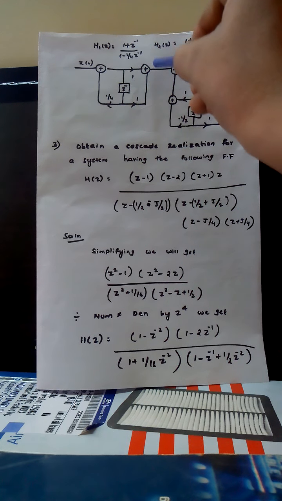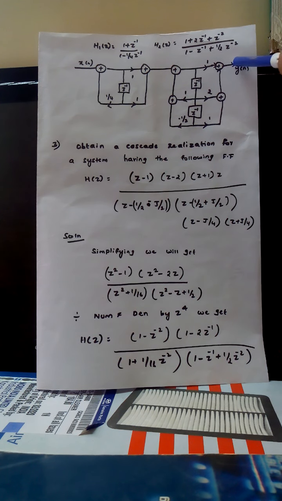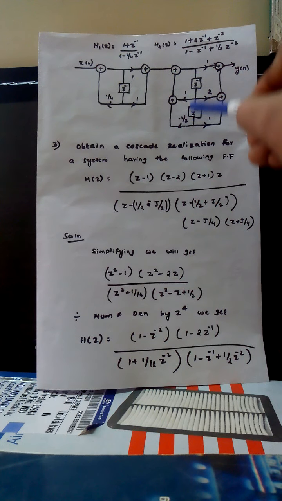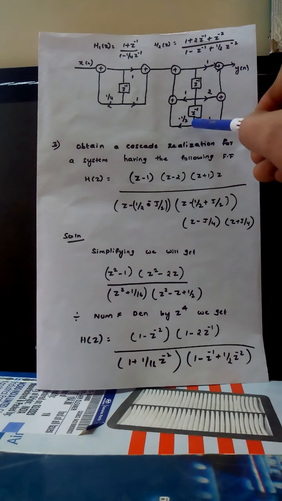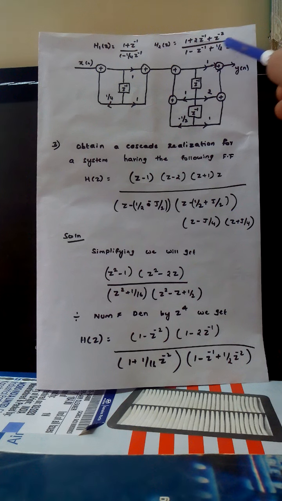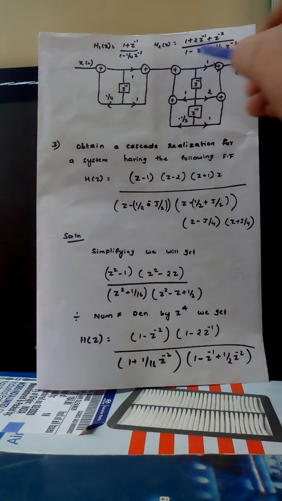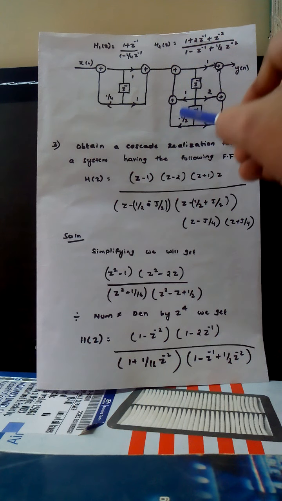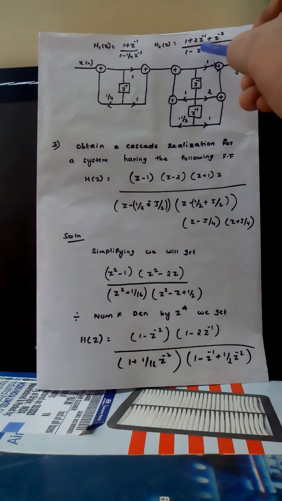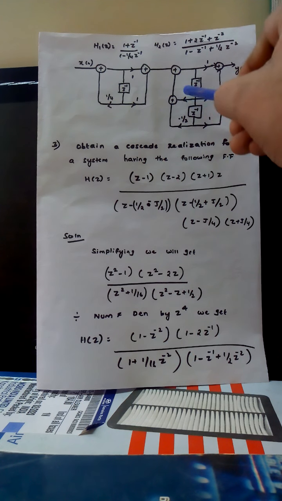Similarly, we have to do the direct form 2 in the second subsystem. For both the numerator and denominator, the highest order is 2, so I am using two shifting operators. Here, this down part is with respect to your output term, so you have to do the sign change. So here you have minus 1 by 2. Here it is z to the power of minus 1, and the constant is minus 1, so you have to take it as plus 1.